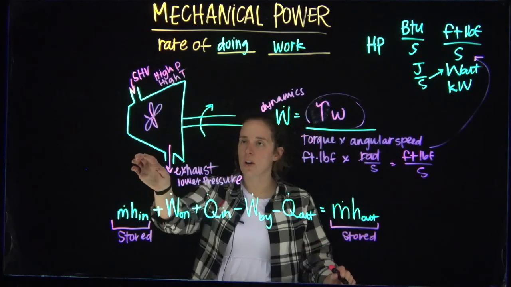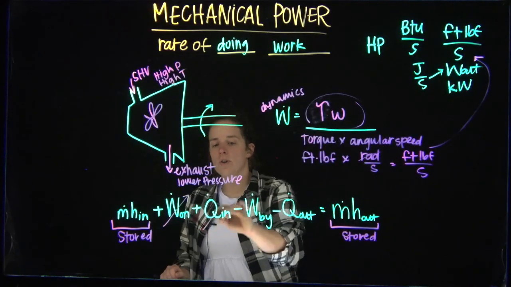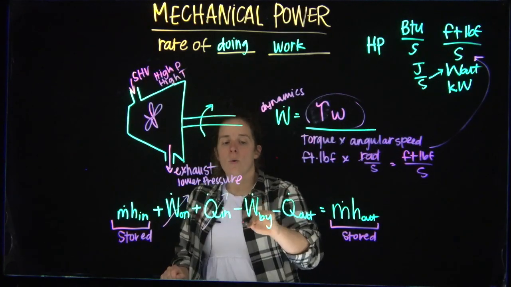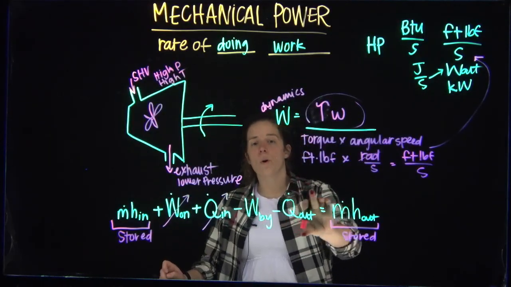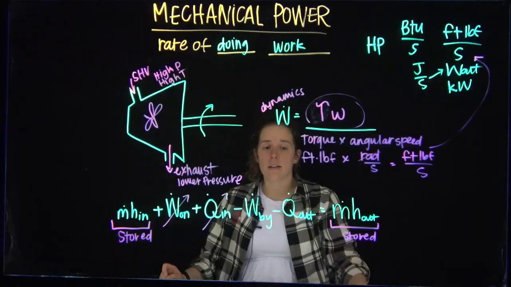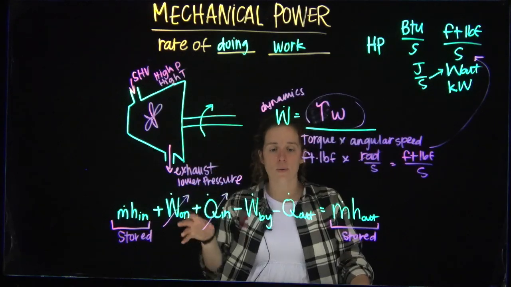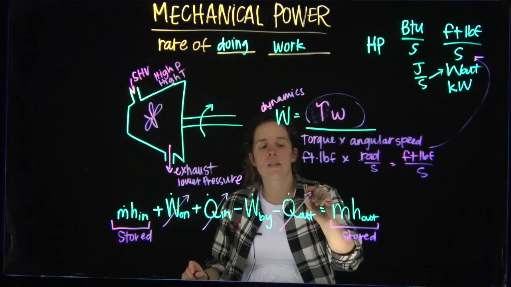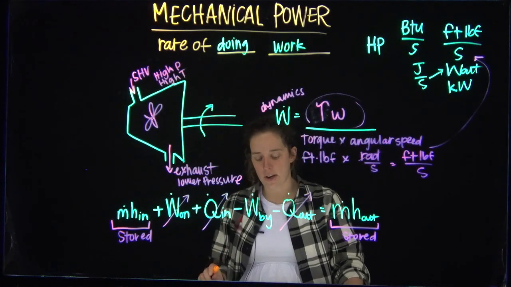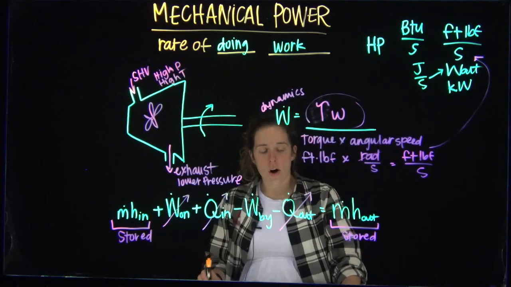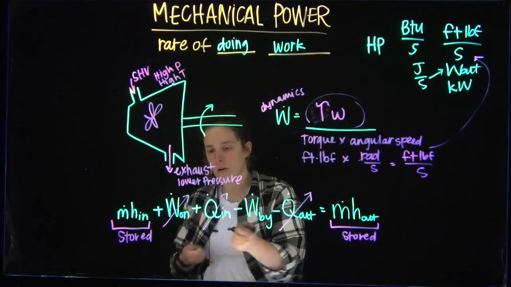And then thinking about a turbine, we are not doing work on the fluid. We are not transferring Q into the fluid. We are getting work done by the fluid, so we're going to leave that one. And in this class, we're not going to pay attention to this. There is going to be some Q loss just because you're at a really high pressure and high temperature and coming out at a lower pressure. There are implications for the Q, but for this class, we are going to ignore Q out for the sake of right now. And so our equation comes down to, let's go back actually to work by,